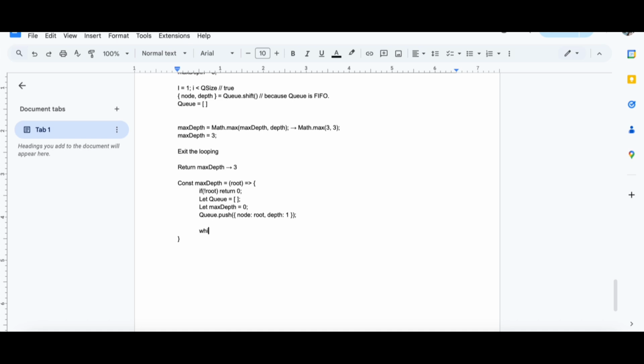Okay. Then while the queue length is bigger than 0, const queueSize is queue.length. For let i is 0, i is smaller than queueSize.